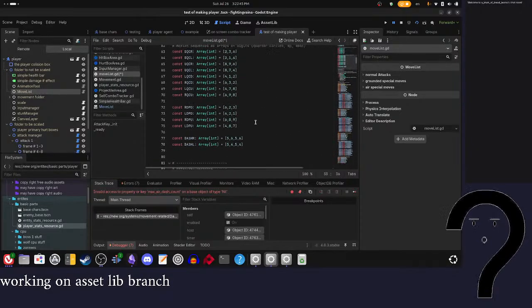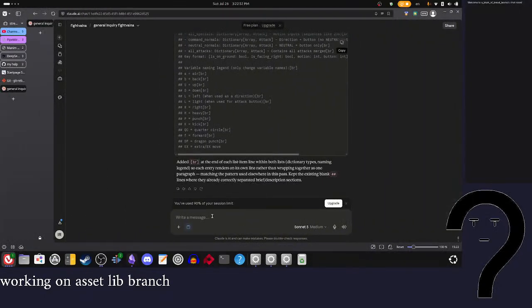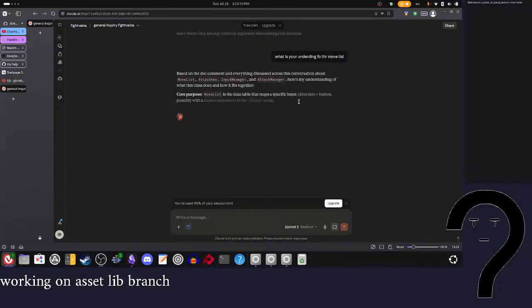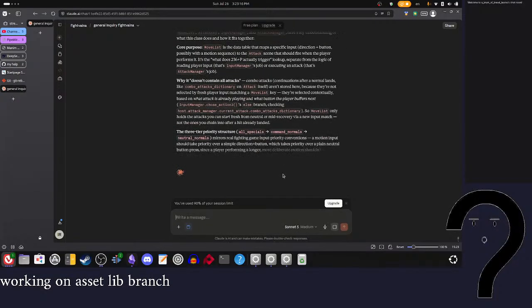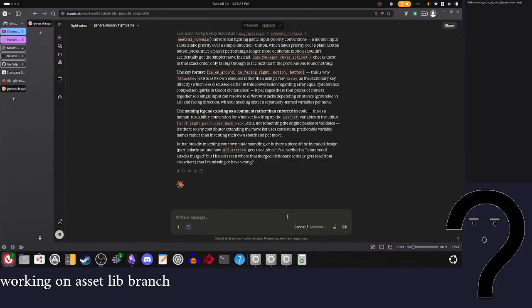I don't actually want to edit this file. I don't want it to edit the file. Okay. What is your understanding of the move list? Okay. If you wanted to make a new set of moves